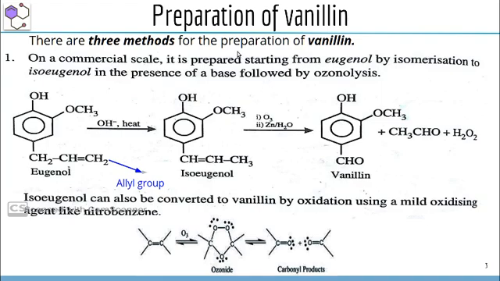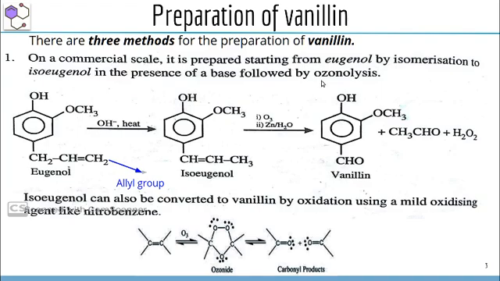Today let us concentrate on the preparation methods of vanillin. Actually there are different methods for the preparation of vanillin, but in this lesson we are going to discuss the 3 main methods for the preparation of vanillin. First method is from eugenol. On a commercial scale, it is prepared starting from eugenol by isomerization to isoeugenol in the presence of a base